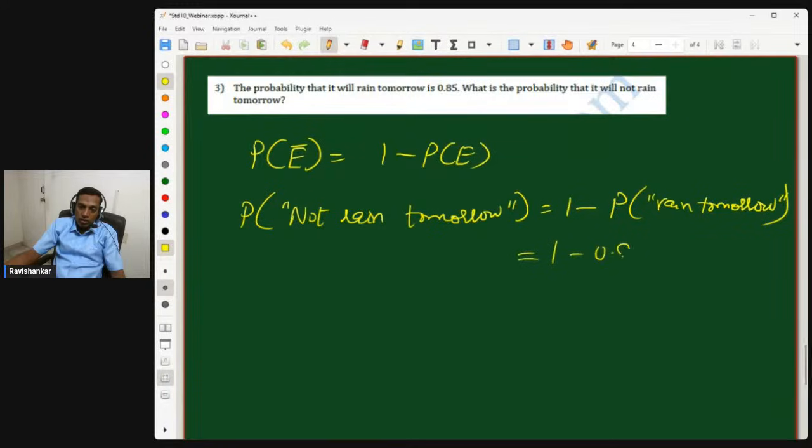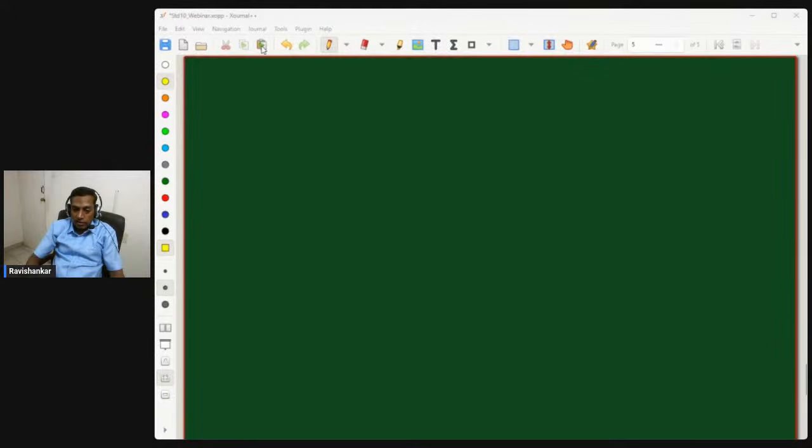So it's 1 minus 0.85 is equal to 0.15. I hope this is clear. If 1 or 2 people made some silly mistakes, that's about it. If you have any other doubts or questions on what we have covered so far,